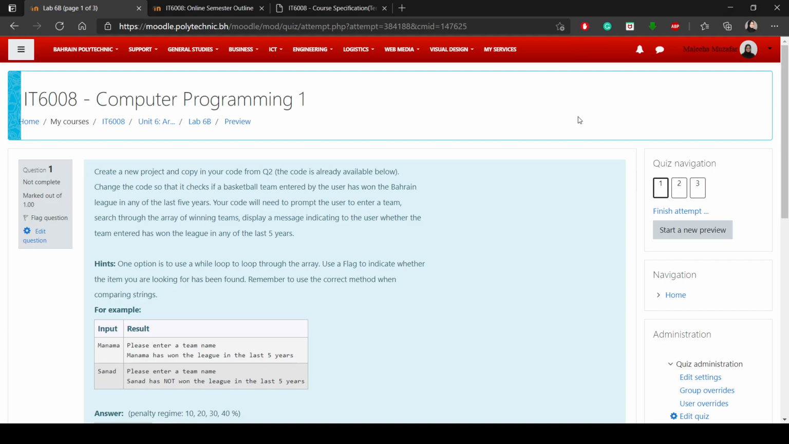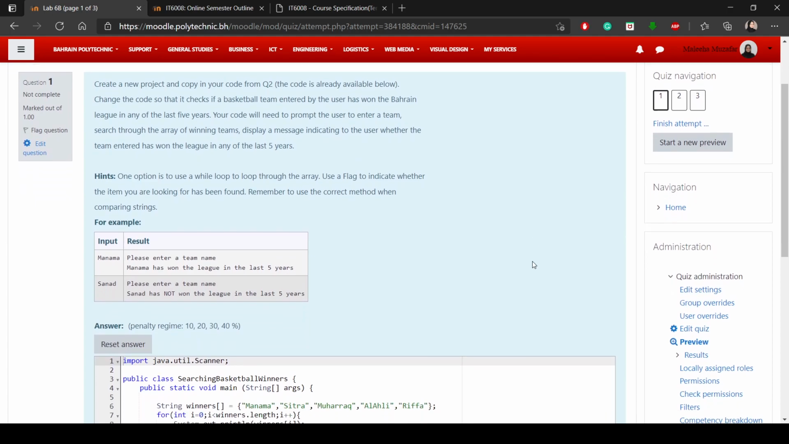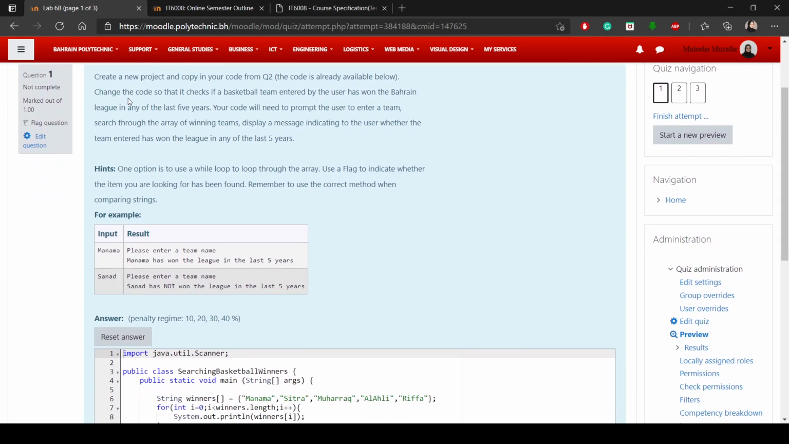So basically this video is for lab 6B and I will be just going through the solutions for all the questions in this lab, or for most of them. You can just watch this video to get an idea of how you are supposed to complete this lab. All right. So the first question in lab 6B, it says change the code so that it checks if